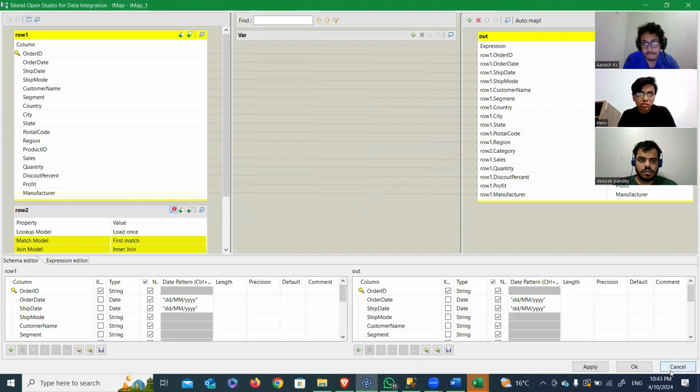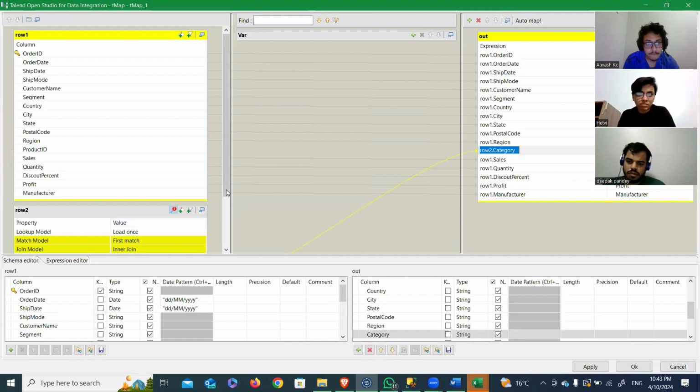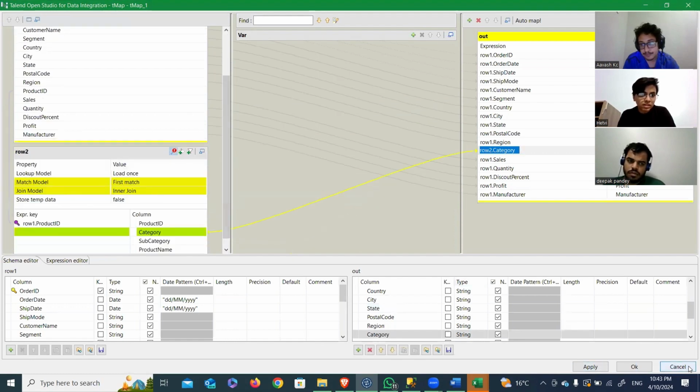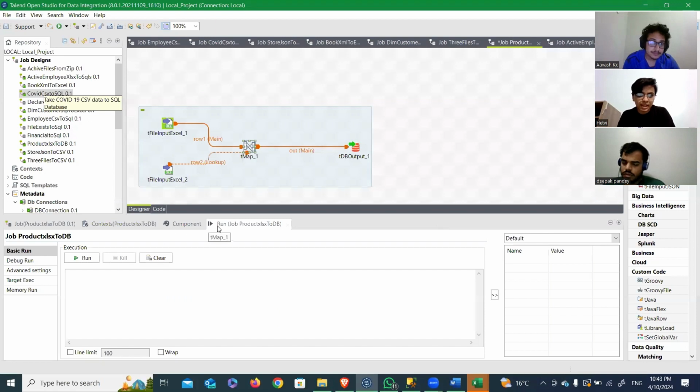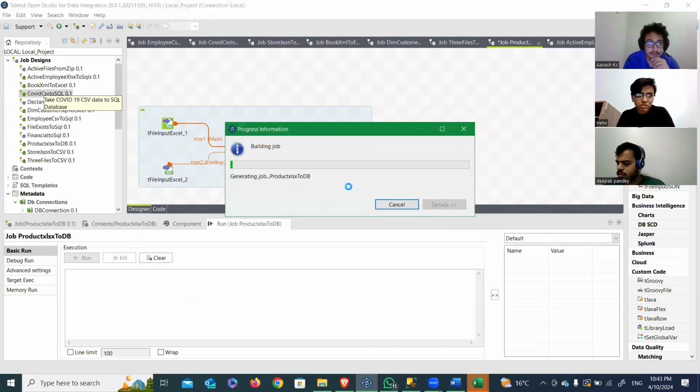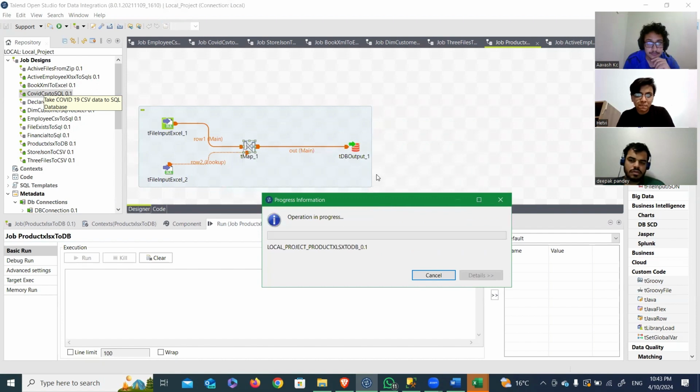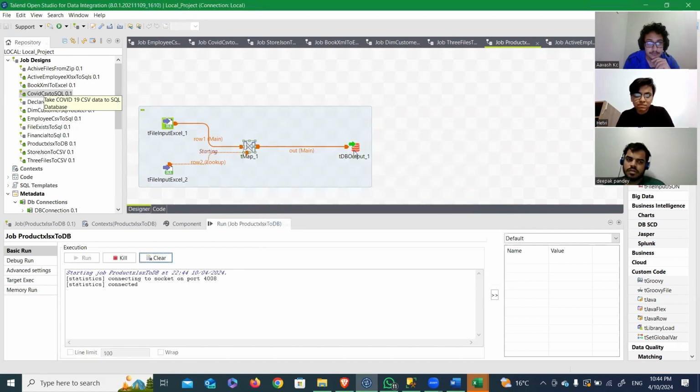So we are combining two columns with the product ID as a common column. And here we can see that at the end. So for the output, if we run it,